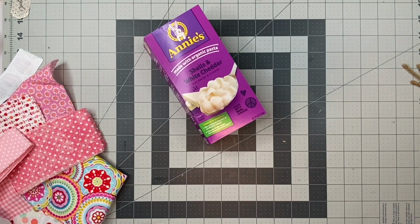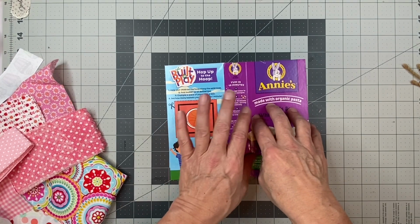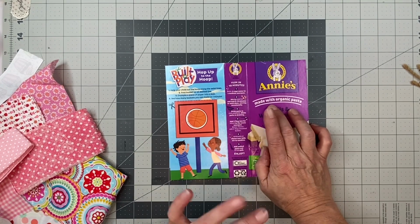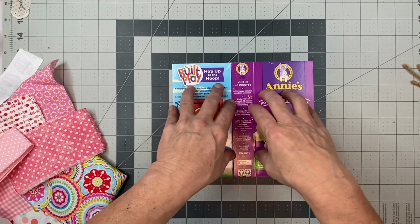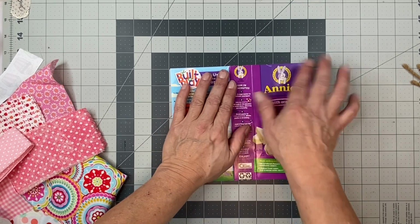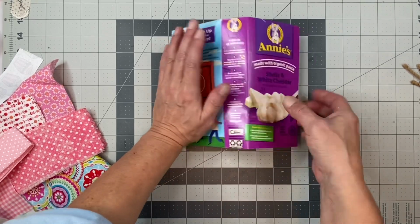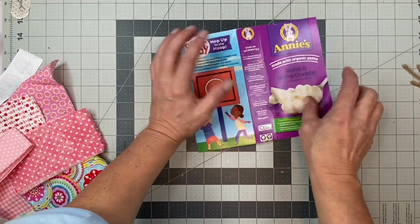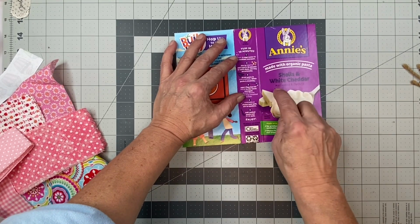So now, some more things to help you better if you're doing a fabric covered journal. If I'm going to cover this with paper and decoupage on it, I won't cover the journal first. I'll just glue the paper down onto this cardboard. But if I cover it with fabric,